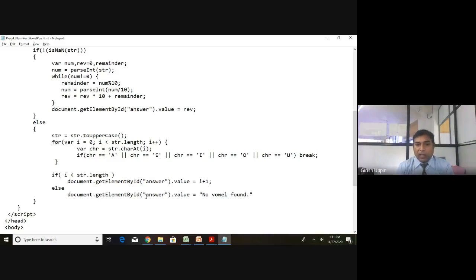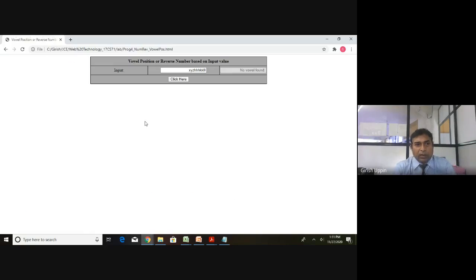Document dot getElementById answer dot value is equal to no vowel found. So I will just make this capital, no vowel found. That is just a text, it doesn't matter. I will refresh. I will give some non-vowel. Okay, no vowel found. This is how the code works.